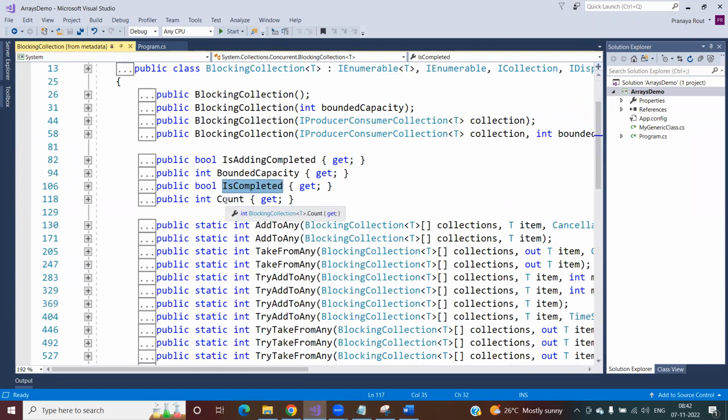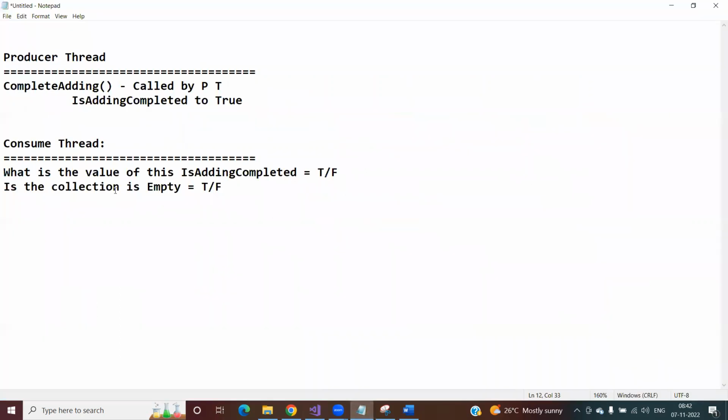So you can see the count property is there, which is going to return the number of elements. If the count property is 0, it means the collection is empty or not? Yes, right? So what it will check now: if IsAddingCompleted equals true